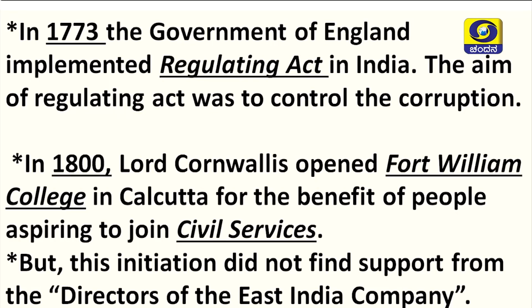What was the main reason to introduce this act here? The aim of the Regulating Act was to control the corruption of the officers of the British East India Company in India. My dear students, with all these developments, in the year 1800, Lord Cornwallis opened Fort William College in Calcutta